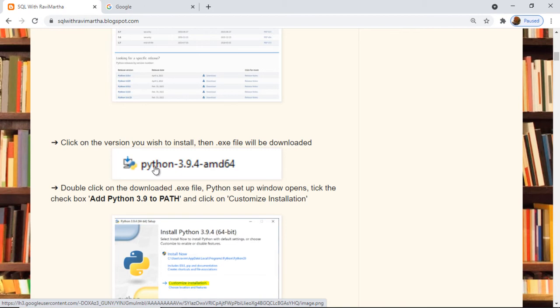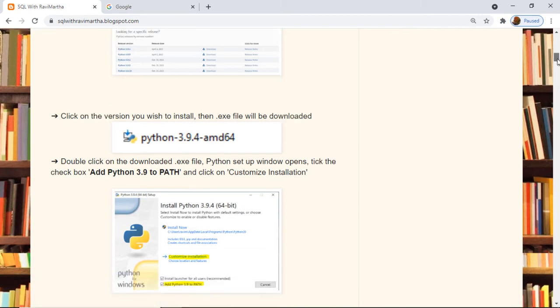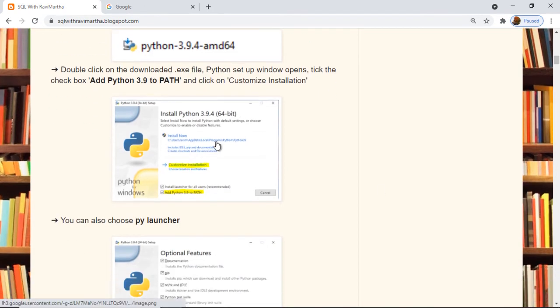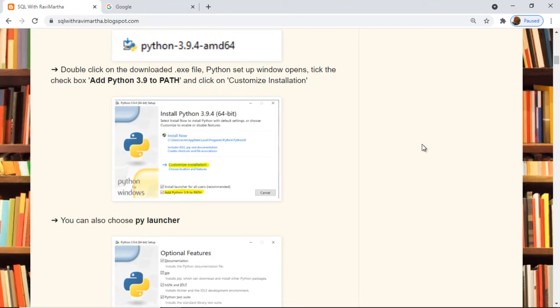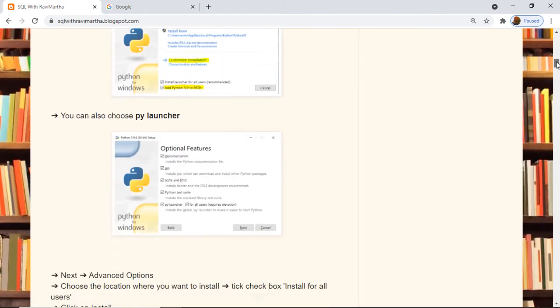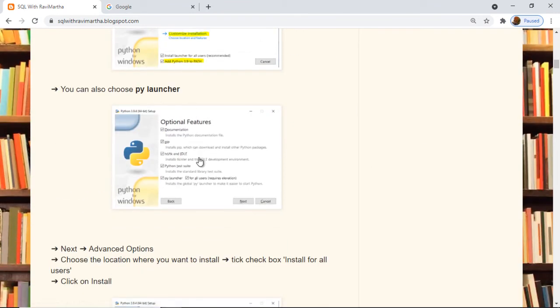something like this. And once you double click that, it will open the wizard like this, and just click on this add python 3.9 to path so that it will work fine. And once you add that, check that particular checkbox, click on the custom installation, or you can directly go ahead and start install now. Here I'm just doing some custom installation.